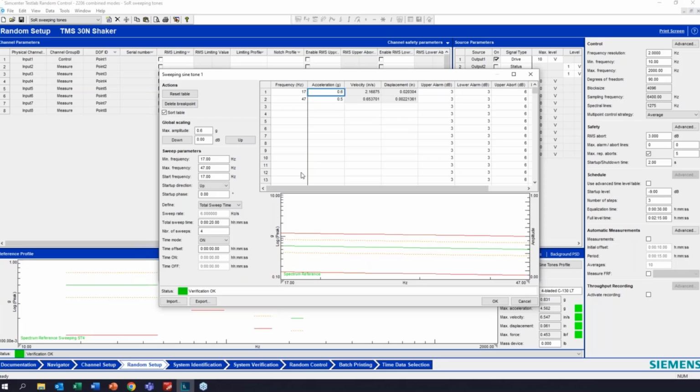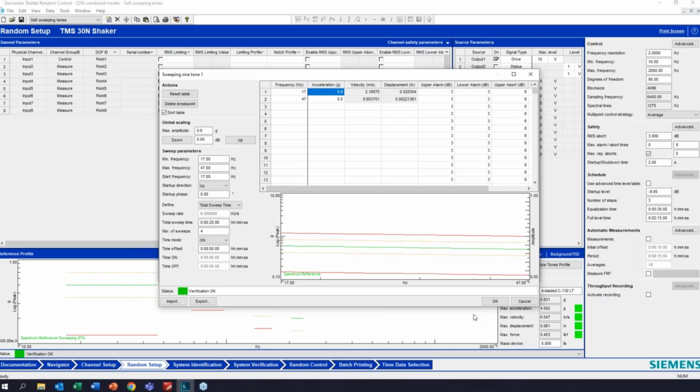This is just like setting up a sine profile. We set up a miniature sine profile, and then over here, we'll set our min and max frequencies for the band, the start frequency for the sweep at the startup phase, and you can set your individual sweep definition here, either by total sweep time, or I can change this to sweep rate and define it that way. And also the time modes here, very similar to the fixed sine tones: on, off, and burst work the same way. So you can have an initial offset and then an on time and an off time. In this case, I'm doing 0 offset, so these sine tones will start up immediately when we get to 0 dB.